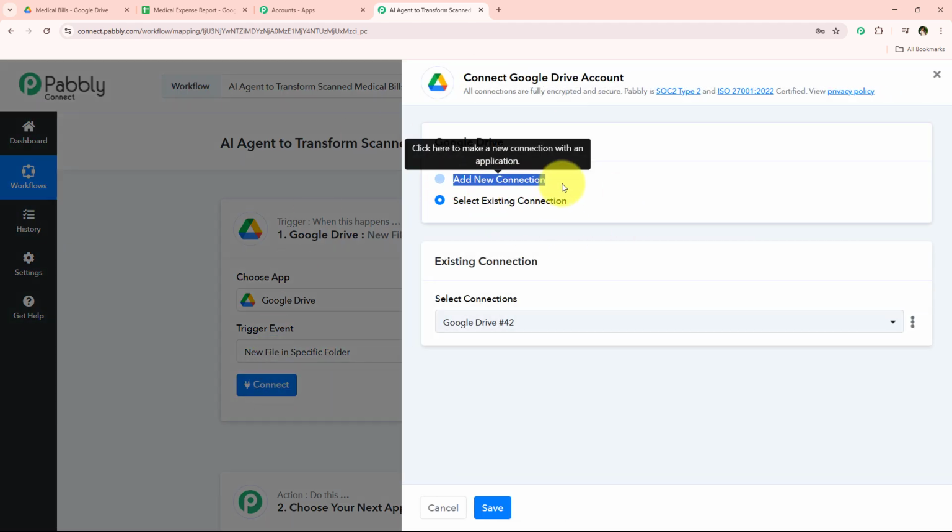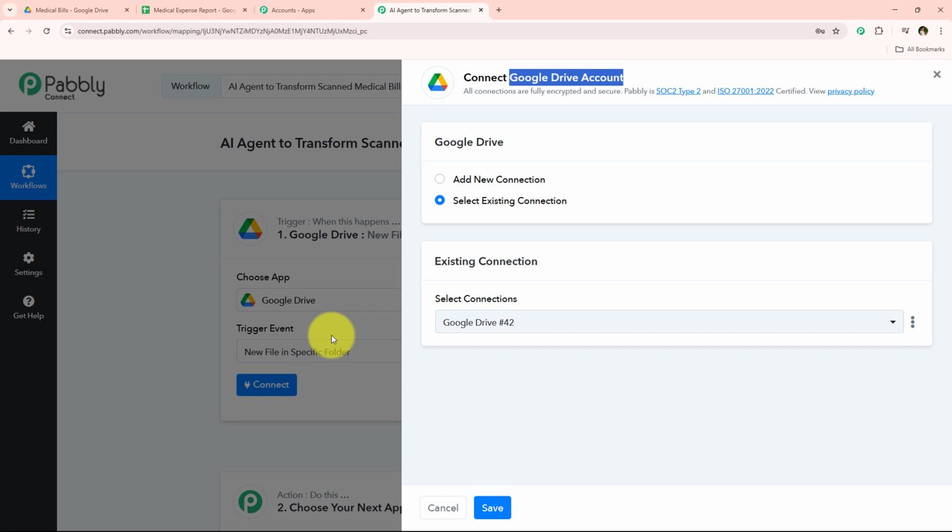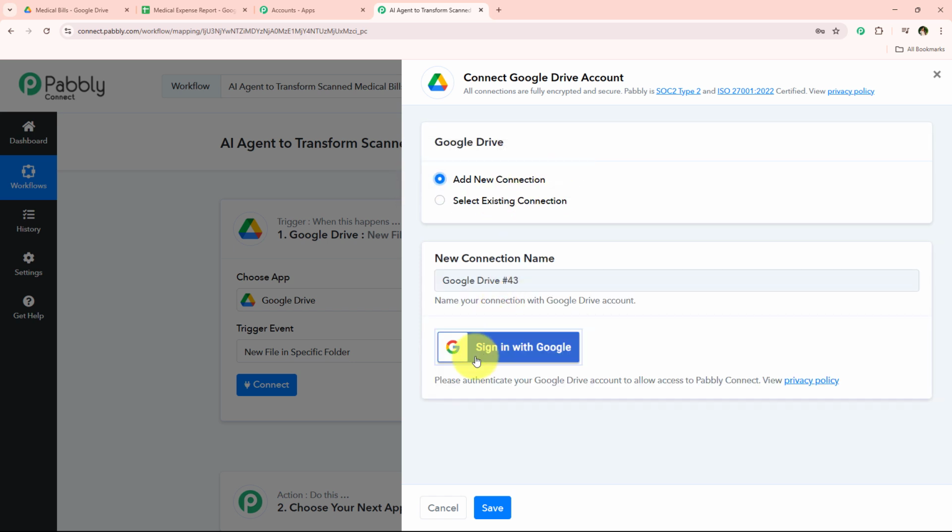And now it is asking me to add a new connection or select an existing connection. So if you have already connected your Google Drive account with your Pabbly Connect workflow, you can simply click on this select existing connection and then save. But if you haven't, you have to follow me, click on add a new connection, and now we have to